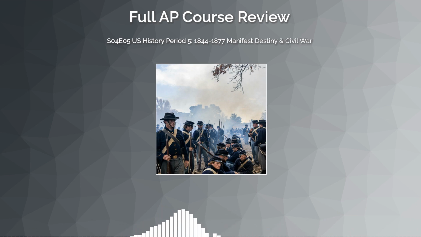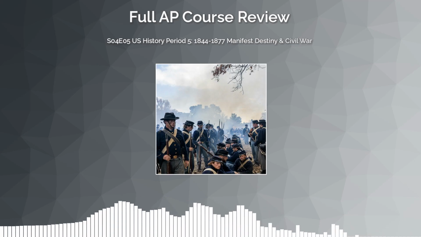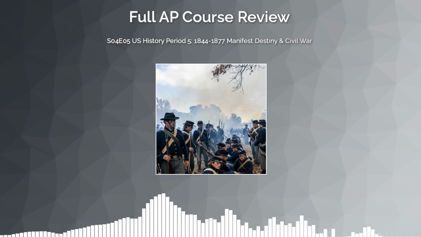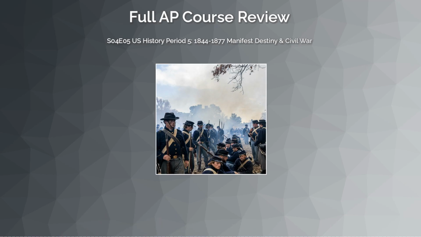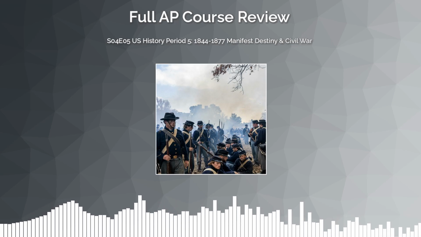Another pitfall is forgetting to compare across groups. How did freed people's goals compare to those of white Southern Unionists? How did women reformers see their cause differently than male abolitionists? The more angles you bring, the stronger your argument. As we move into Period 6, you'll see how these unresolved tensions over labor, race, and federal power don't disappear, but instead reshape themselves into the conflicts of the Gilded Age and Progressive Era.